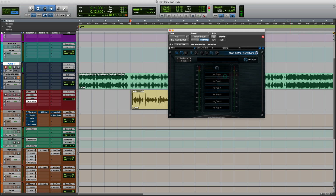Yeah, that's extremely solid there as far as leveling goes. So we have that good to go. Now my favorite plugin for mixing is Vitamin. I always use Vitamin for